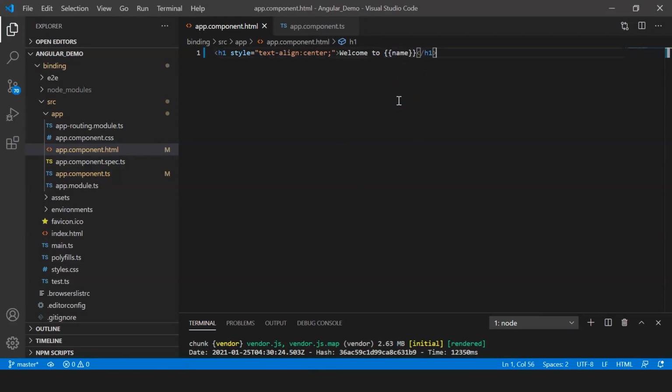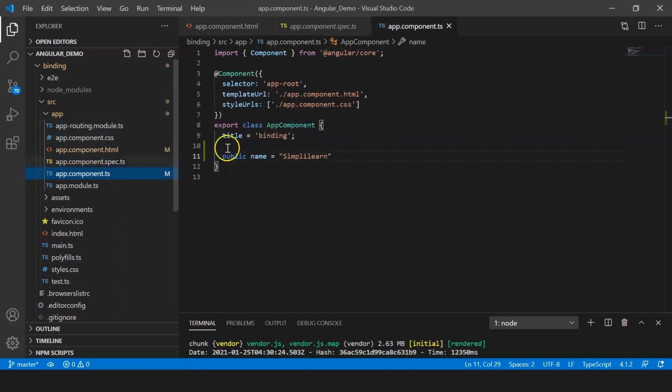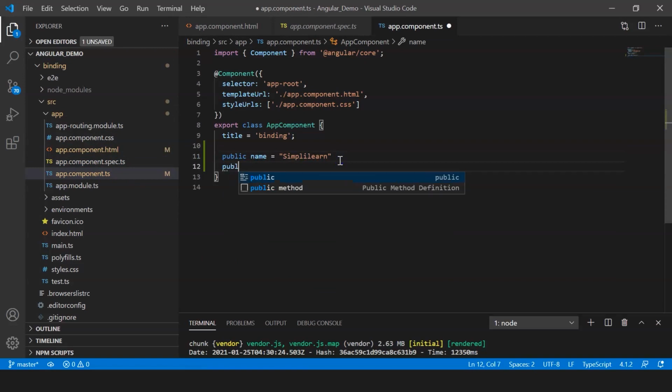Alright. We can also add another one. Let's just create another variable, saying public topic, and let me say data binding.